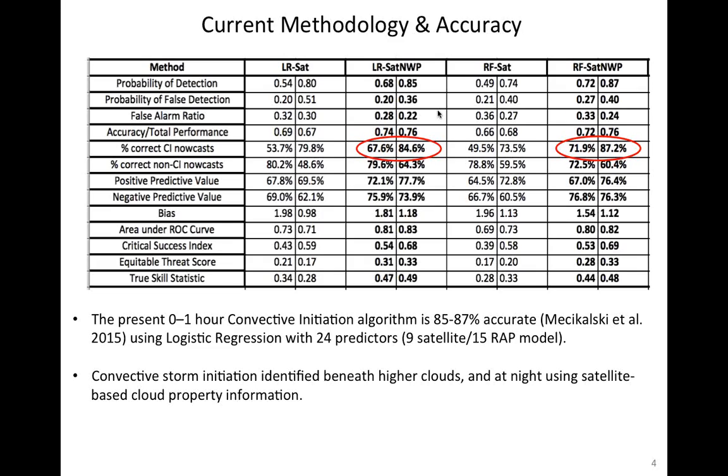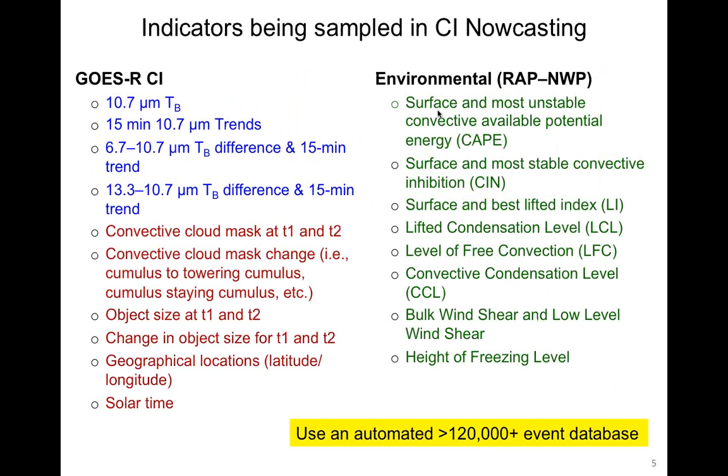But at night and under thin cirrus, that's where it gets to be tricky. So that's what we've actually done some separate science studies on. The other big thing we did in the last 3 or 4 years is to make this not a satellite-only problem. So it's logistic regression, so you actually need a big training database of, in this case, we have 120,000